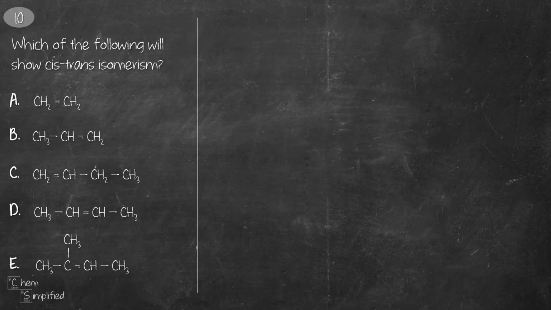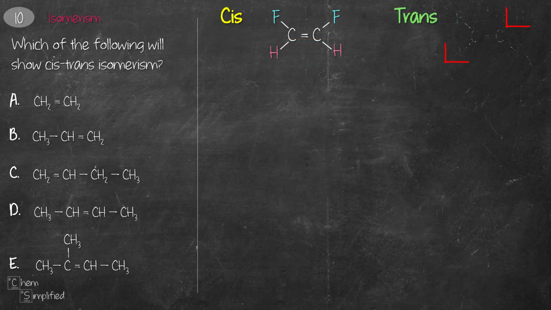This last question is slightly challenging because we need to know what makes a cis and trans isomer. To determine if an alkene is a cis or a trans, we look at the 2 carbons that are connected through a double bond. Each of the carbons has 2 groups attached to it. So they have fluorine in common and hydrogen in common. So if we look at fluorine or hydrogen, both of them are on the same side, and that makes them a cis. If the 2 groups are on the opposing side, like this, that makes them a trans.